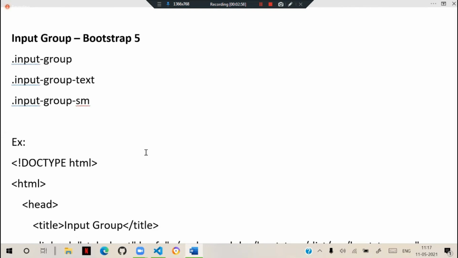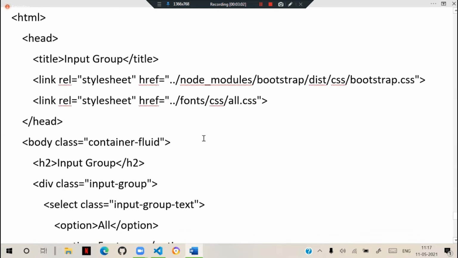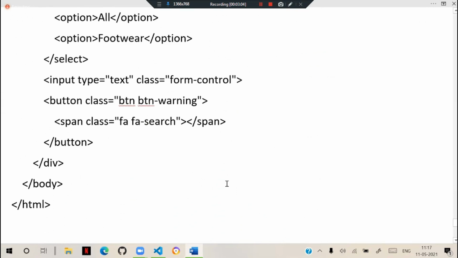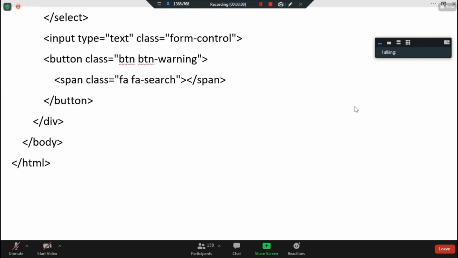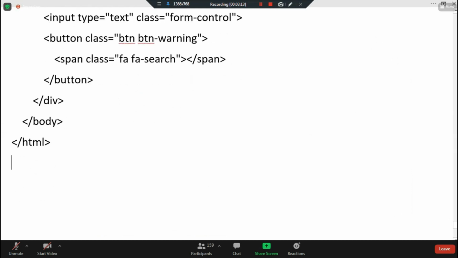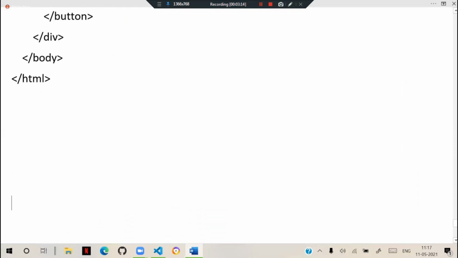So we can display everything in one line. And this is the example that I showed you in the last session. You can configure and use different contents there, right? So what the different contents are, let me show you.